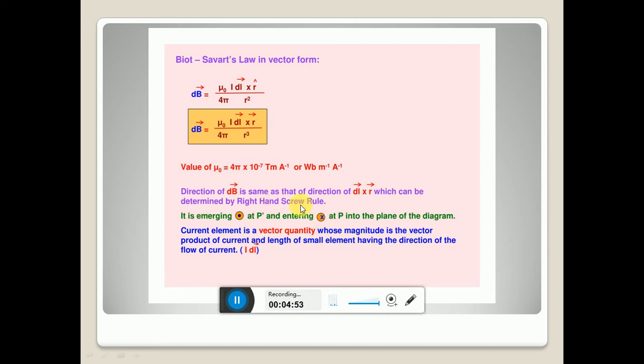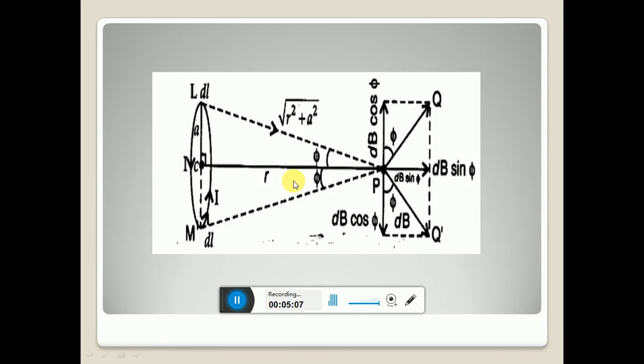So this is the method to determine the direction of magnetic field. Now Biot-Savart's law can be used to calculate the direction of magnetic field as well as the magnitude of magnetic field. Let us see this case once again along the axis of the circular current carrying coil. I think it is easy for you to understand this derivation part, but you may get a doubt why this phi is defined with this vertical along this q, and for q dash it is defined here.